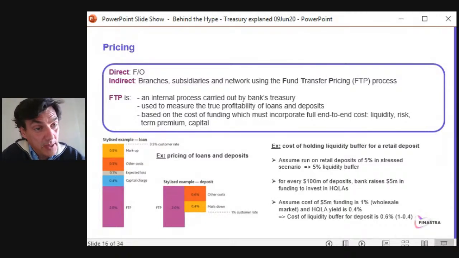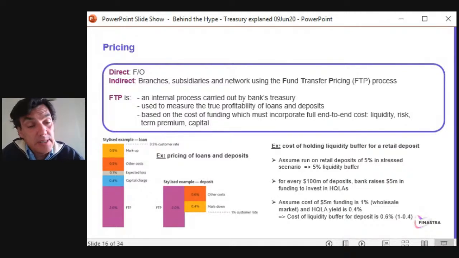The other part of the pricing from the Treasury is when they provide some funding to the other departments of the bank, for example, the branches. So you, me, as an individual, I want to buy a house. What will I do? I will ask for a mortgage, and at my branch, they will tell me, Guillaume, if you want to borrow £500,000 for 20 years, then it's going to cost you 5% on a fixed rate, or LIBOR plus 300 basis points, that kind of thing.